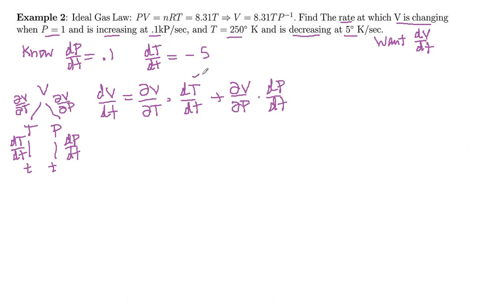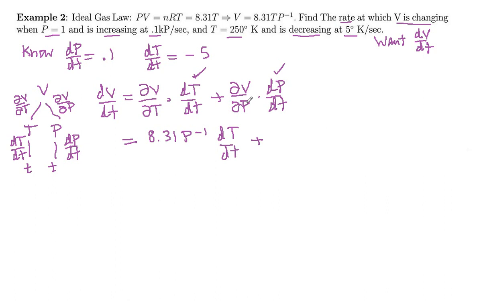So we already know these two, dT/dt and dP/dt, they were given right here. And then these two derivatives we can compute. So dV/dT, the T derivative of volume here, so that means T is our variable. 8.31 P to the negative 1 is just a number, that's a constant. You differentiate a constant times T, you get the constant 8.31 P to the negative 1. So we could write that 8.31 P to the negative 1 times dT/dt,